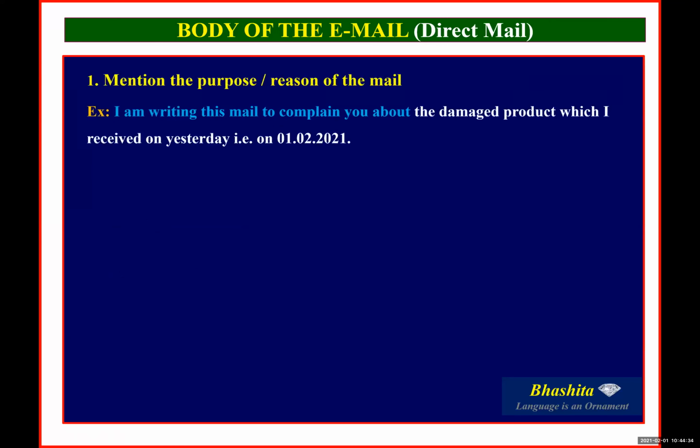See, you bought something online, a product actually, but unfortunately, after opening it, there is damage to the product. Then you are going to give a complaint to the online authorities, the concerned authorities. How are you going to draft the complaint? Let us see that now. How to draft the body of the email? First, we have to highlight the purpose of writing the email. On what purpose are you writing the email, how are you going to start it? Observe carefully.